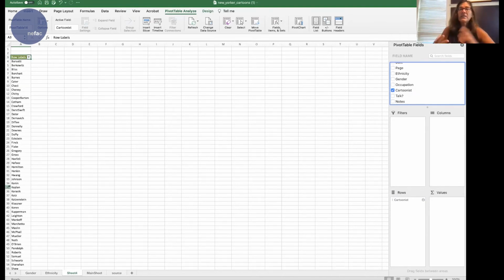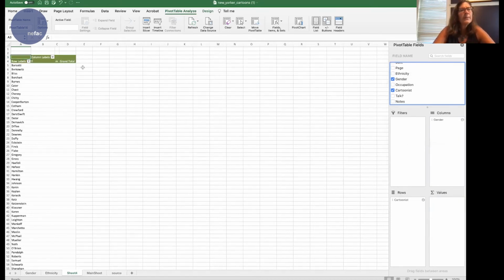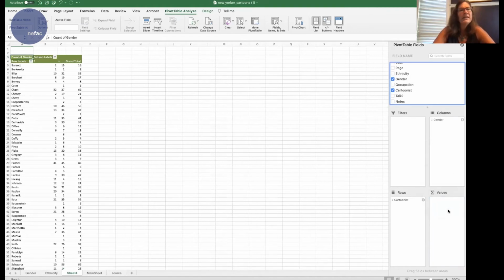When you're doing spreadsheets and pivot tables, it's really good to have the longest list down this way along the columns, and the rows to be shorter. So I'm going to now check to see which ethnicity or maybe I'll start with gender. I'm going to put gender in columns. So you'll see up here, there's a female and a male in columns. Now there's 2 columns. And then I'm going to put it also in values and see